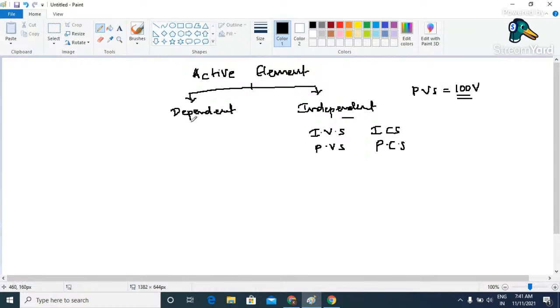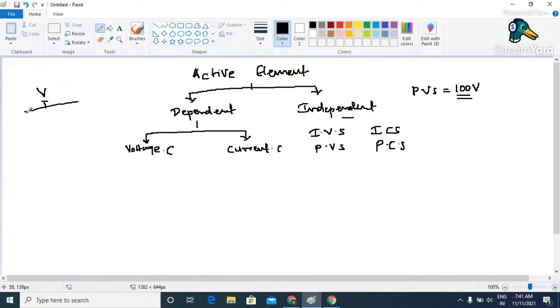Whereas dependent elements are a kind of active element where their values are dependent on the performance of some other circuit element available in the structure. Now, based on whether their values are dependent on a voltage or a current, we can again bifurcate this dependent active element into two main categories. The first one is called voltage controlled, and the second one is called current controlled. For example, if you have an active element like a voltage source, then the value of this voltage source